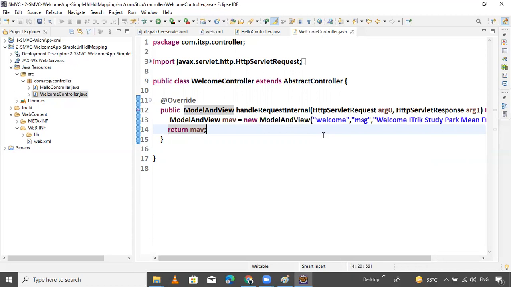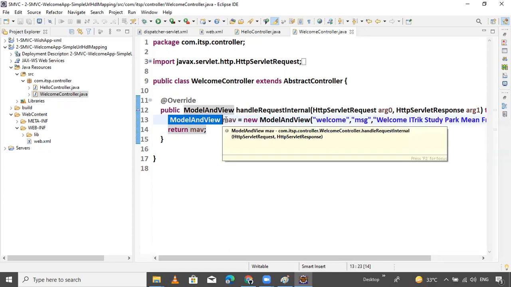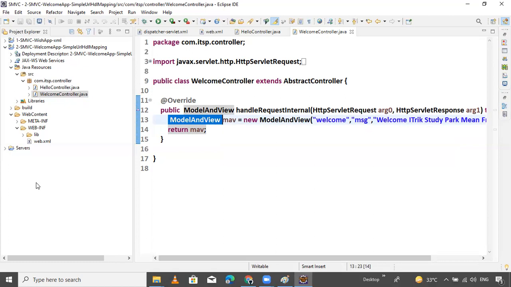Then the dispatcher servlet goes into the controller classes, and the controller classes return the model and view object. This is the execution. I will teach slowly, guys. Don't worry, one by one I will teach. Now we prepare the JSP pages. Our work is ready.